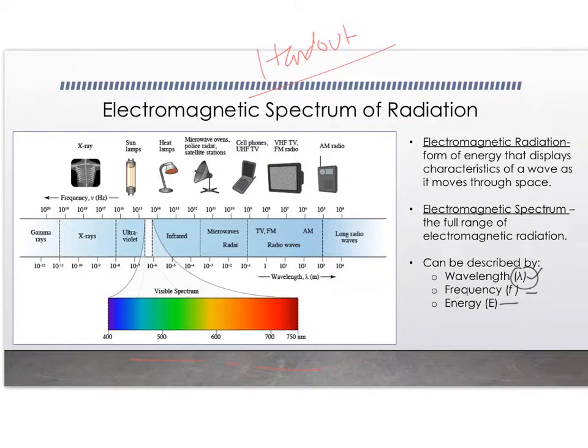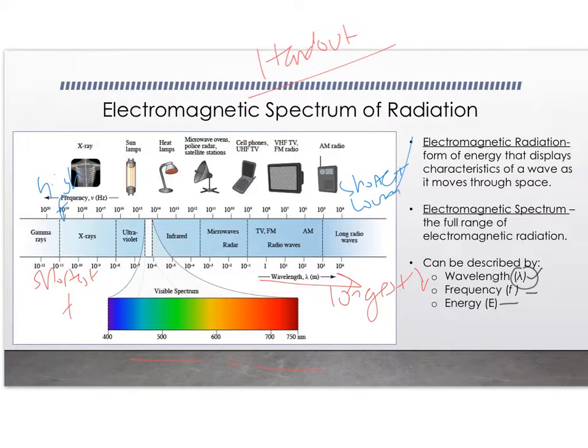If you look at the waves, the one to the furthest right is your radio waves. These have the longest wavelength. All the way over to gamma rays, these have the shortest wavelength. Okay, then frequency would be the opposite, to where the highest frequency is all the way to the left, and then the shortest or the lowest frequency